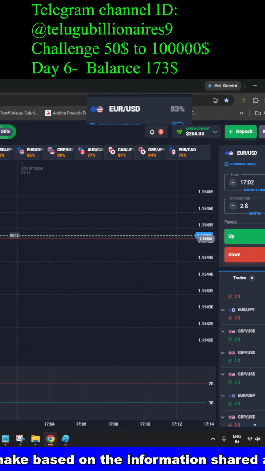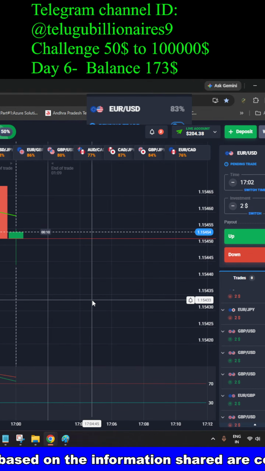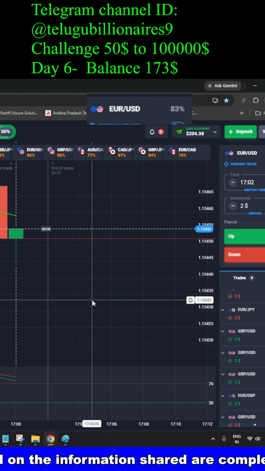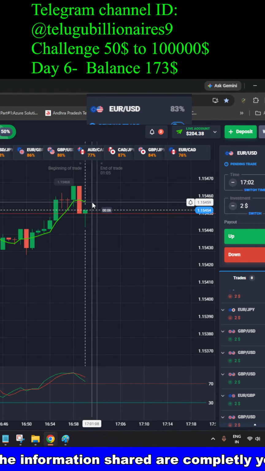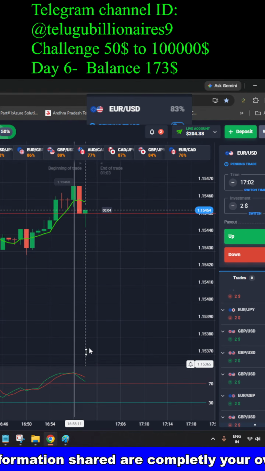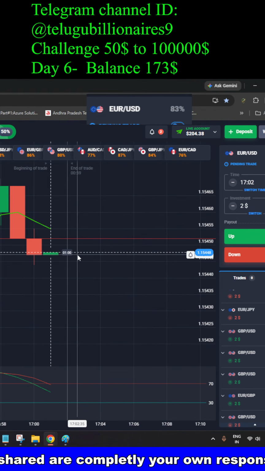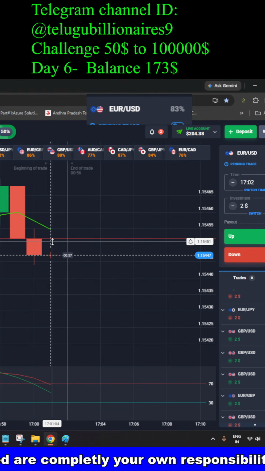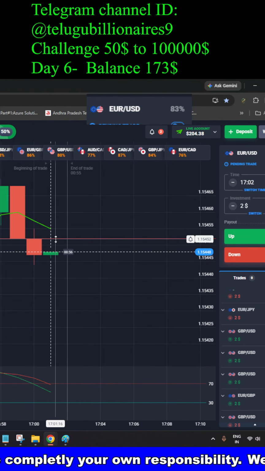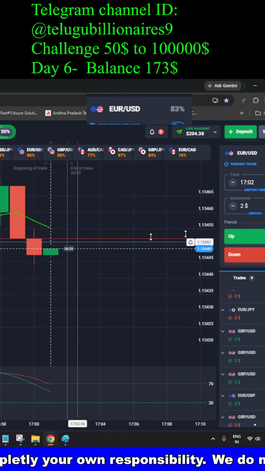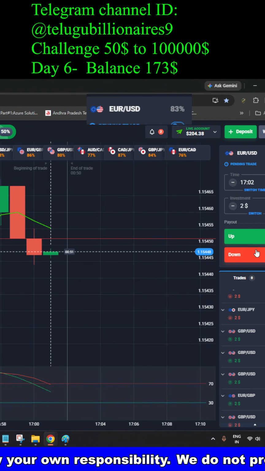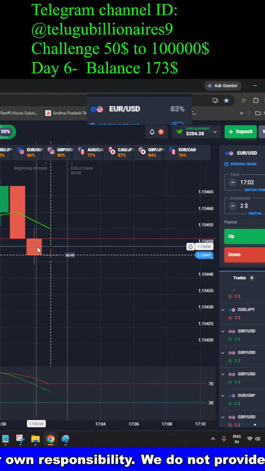If it is not closed below, then we still need to wait for the proper setup. And that too in the overbought area. Definitely sellers will come into the market. If this candle gives a small marginal entry near this red line or the middle, 50% of the previous red candle here,